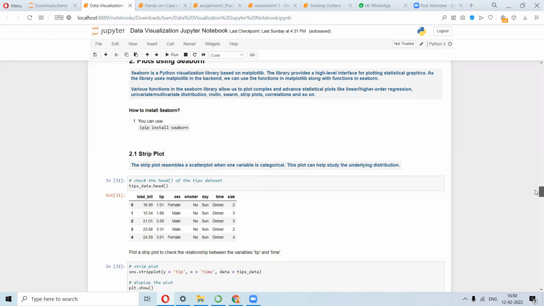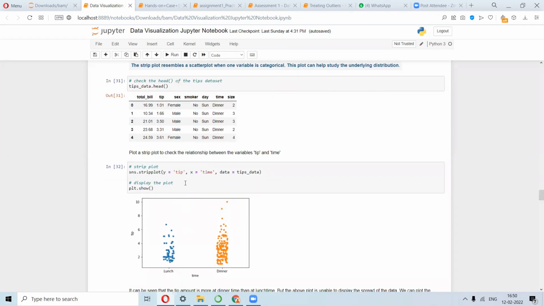So one such plot is the strip plot. Here you can compare any two variables side by side. We are trying to see whether people who have been to that restaurant tipped more at lunchtime or at dinner time. You can see there is not much of a significant difference, other than these three or fewer points, which can again be termed outliers.